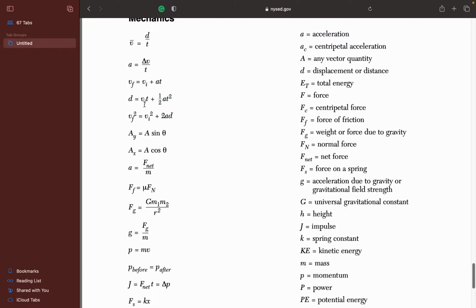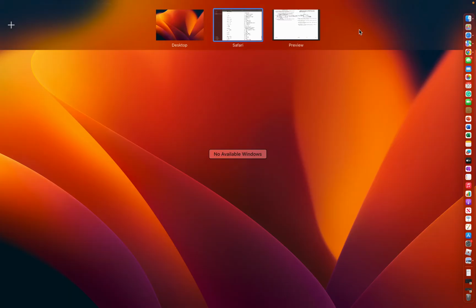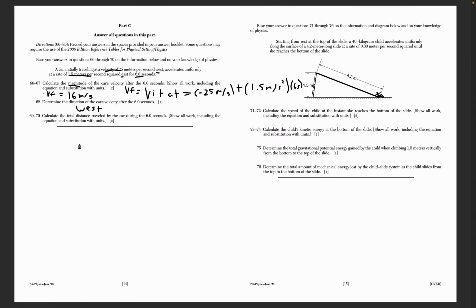I'll use this one. D equals VIT plus 1 half AT squared. Okay. D equals VIT plus 1 half AT squared,